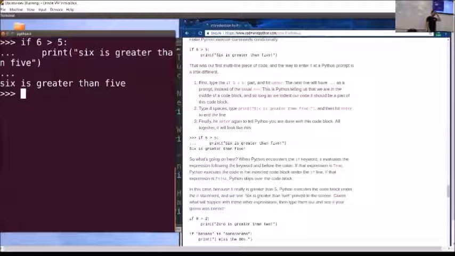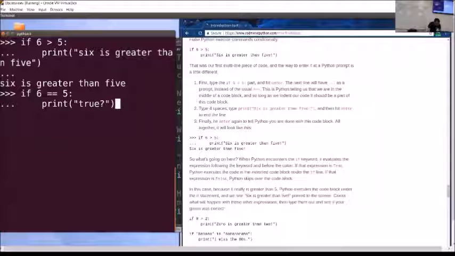The reason it's doing this is because we're taking advantage of the results of those Boolean operations that we talked about earlier. We know 6 is greater than 5. We know that's true. So when we're saying if true, so if we're getting something true, do the thing on the next line. Now, if we change this up and we said if 6 is equal to 5, because we're using the 2 equal signs to determine equality, and we try to do this again,